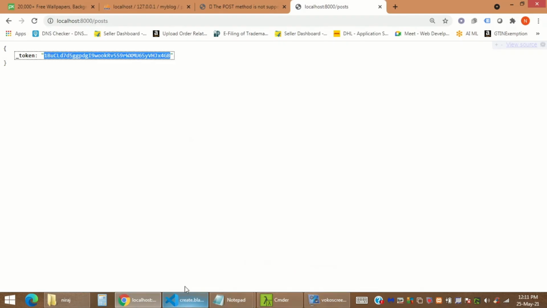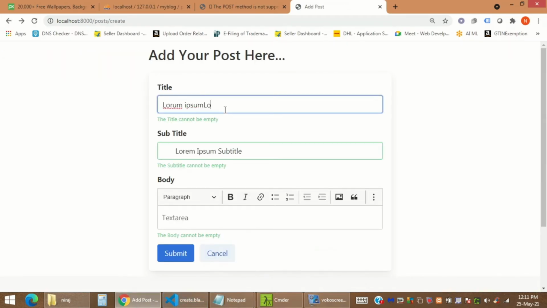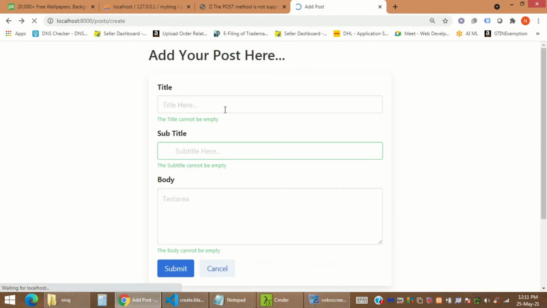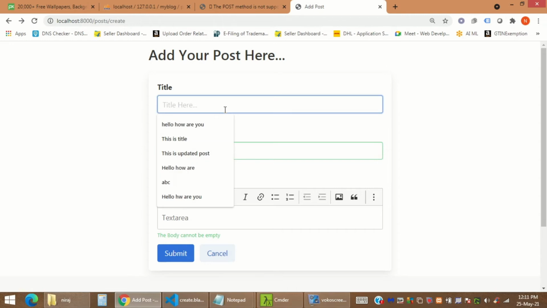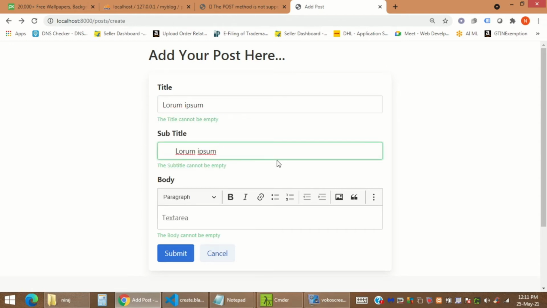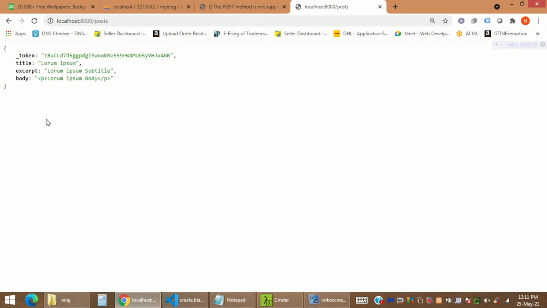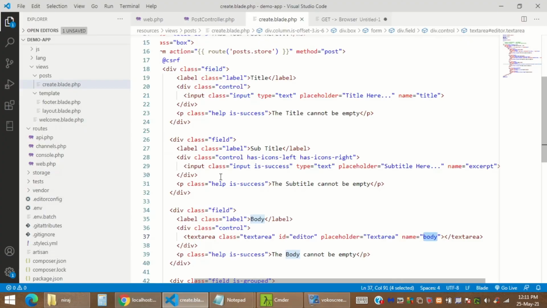If I again refresh the entire page, type all the information into this form, and say lorem ipsum title, lorem ipsum subtitle, and lorem ipsum body, and submit it, you can see the entire information is now getting printed on the browser, and these are nothing but JSON values. If you get this JSON value, you might easily be able to store the entire thing into the database. And you can see that underscore token is nothing but our CSRF.